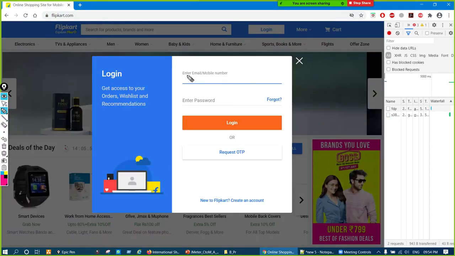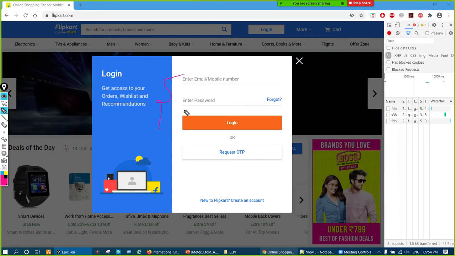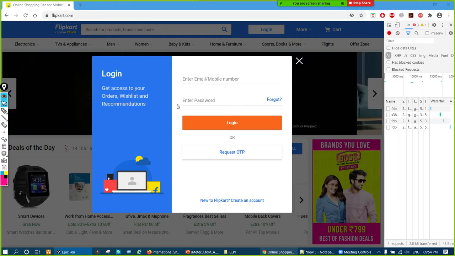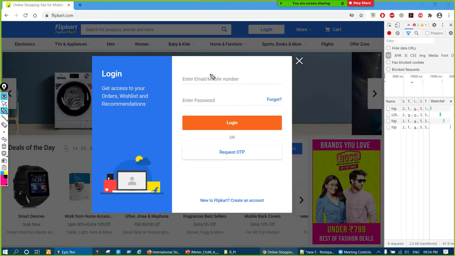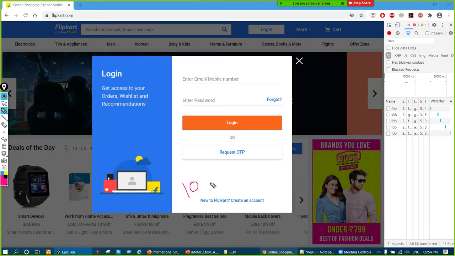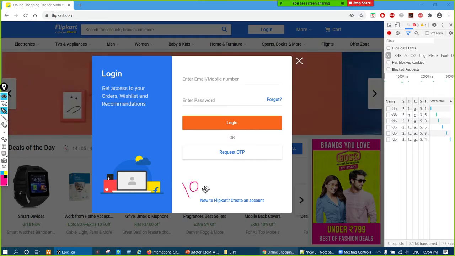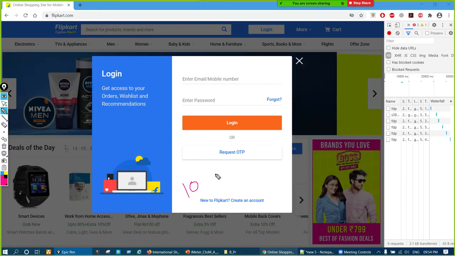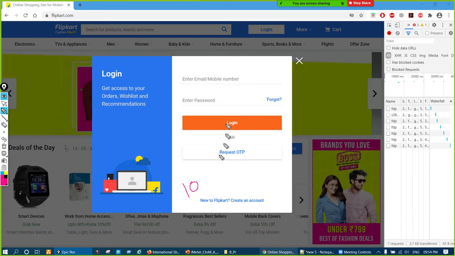So this pop-up will come, right? Let us say that here they are asking to enter a mobile number, and we know that a valid mobile number should be 10 digits. In India, 10-digit mobile number, right?